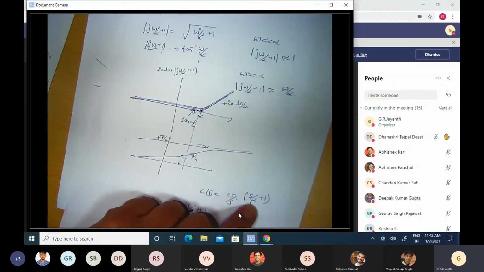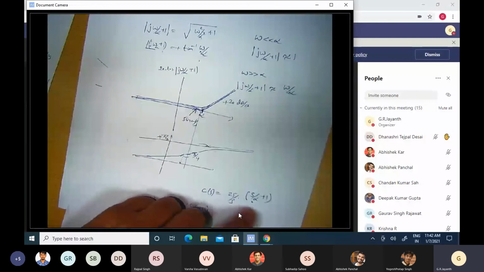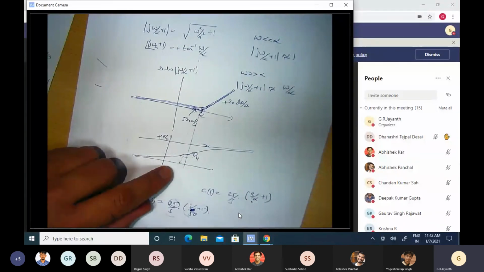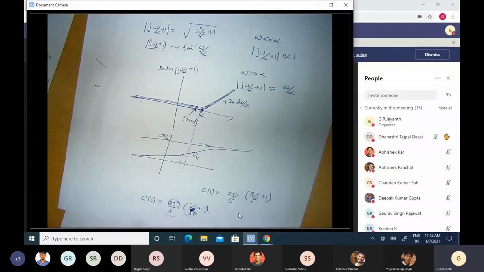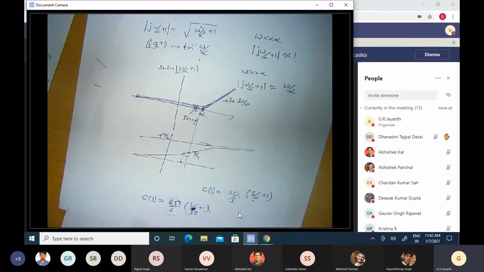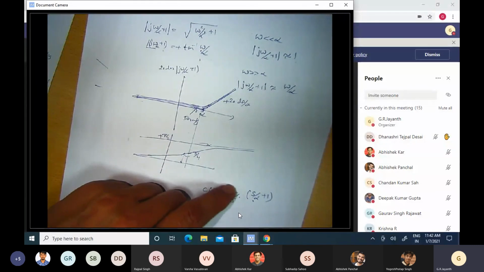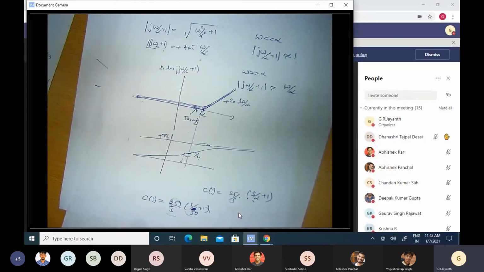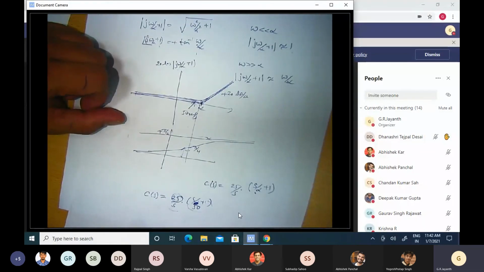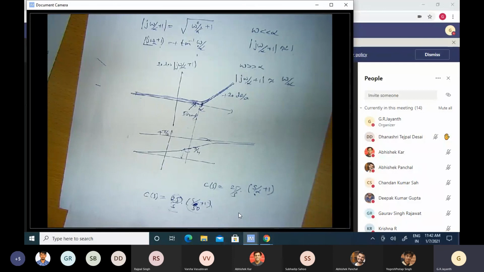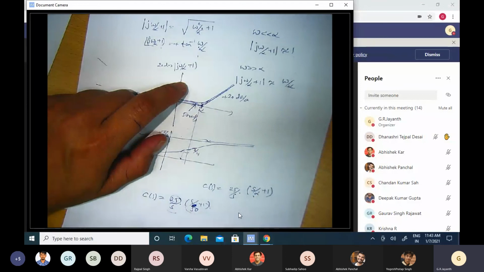That new term does nothing to the other specifications of performance, because S by alpha plus 1 has a gain of 0 dB, or a gain of 1, for frequencies much less than 50 radians per second, or much less than alpha. So this term does nothing to the specifications that we have worked hard to engineer so far through this particular term here, 25 by S, but helps us by improving the phase margin and rescuing our closed loop system from being on the threshold of instability. So that's the role that this 0 plays in this particular case.